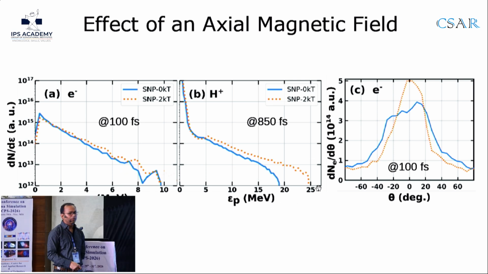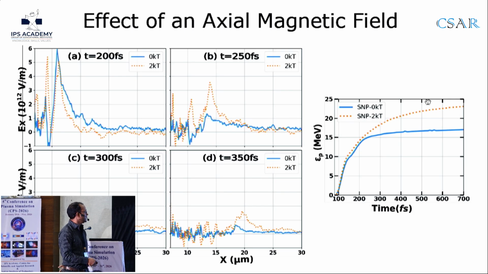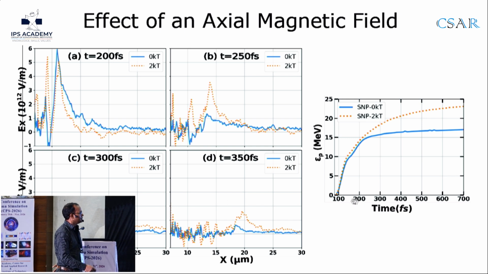You can increase it by like 25% or so. And this again is the result of a focused electron population. So you have a better, more focusing sheath field, and also the sheath field survives for much longer in this case. As you see, the sheath field without the magnetic field is very weak as you go to like 250 or 300 femtoseconds,